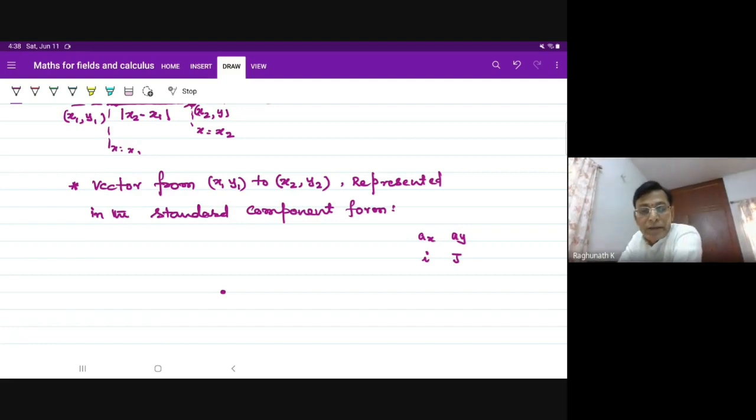These are the notations. I cap, J cap, or Ax cap, Ay cap, they call it. Normally, we will be using small ax and small ay for standard unit vectors. At any point x comma y, please remember,